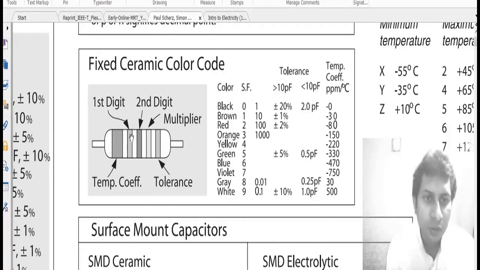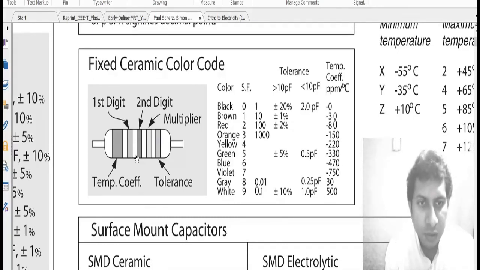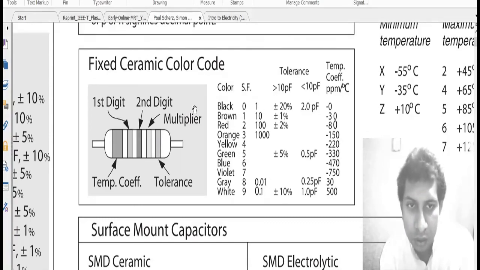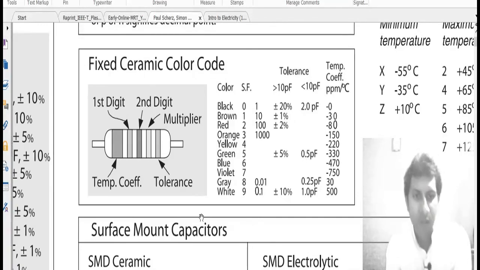Then the second band is the first digit, the third band is the second digit, and the fourth band is the multiplier, and the last band is the tolerance. Similarly, we can decode those colors and numbers from this chart, and you can get your value of the capacitance. Okay,